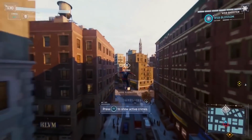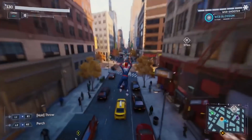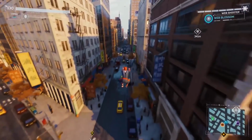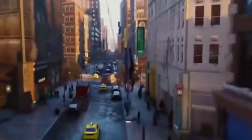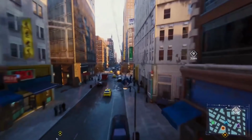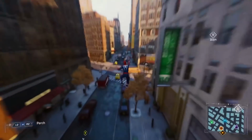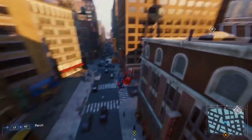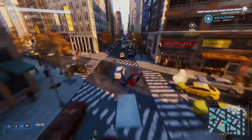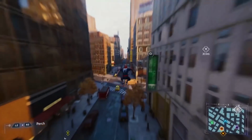Now, one great mechanic that really encases the whole principle of squash and stretch in the game is actually the web zip to perch to jump mechanic. And this mechanic is seen when he shoots a web zip, he goes in this great squash pose of shooting the web, and then he directly goes into this stretch pose where his limbs are just completely stretched. Upon hitting the light post, he goes back into the squash, and then he jumps from any direction you want into the stretch pose, and then goes back into his original squash pose. And that pose sequence is just really great, combined with the camera, combined with the visual effects, the audio. It really gives this sense of really going fast,